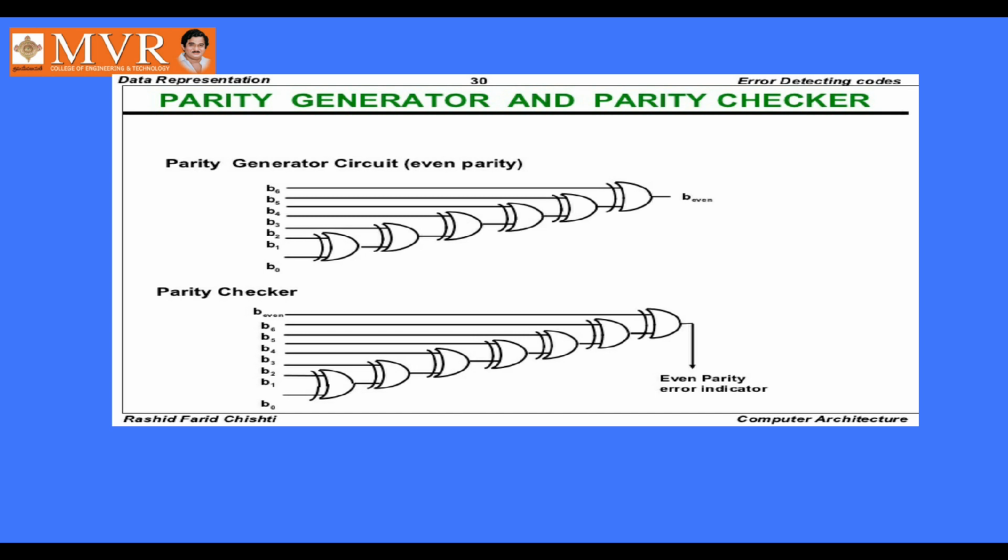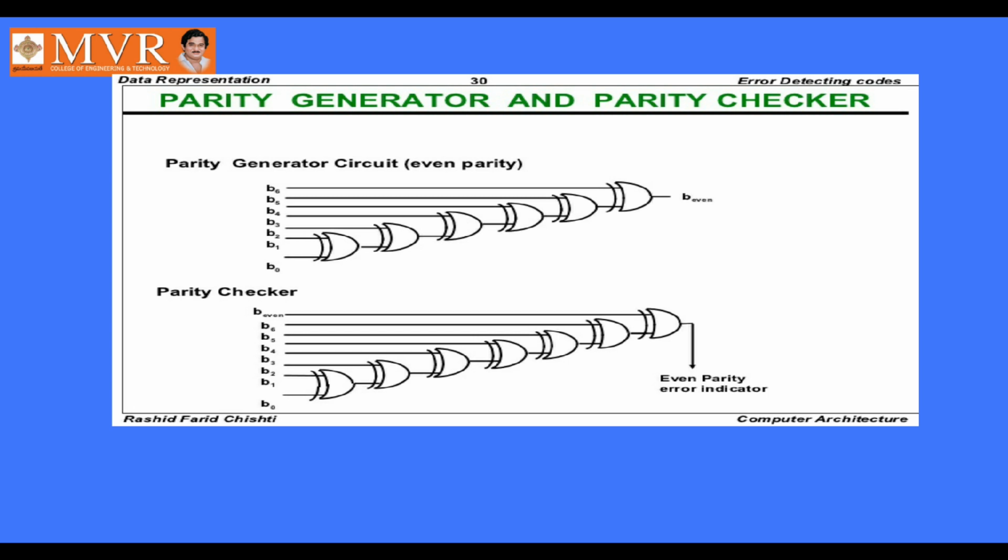That brings us to the second category, numeric codes. The numeric codes are again classified into weighted codes and non-weighted codes. Coming to weighted codes, 2421 and 8421 are called weighted codes, and XS3 codes and Gray codes are called non-weighted codes. Here 2421 and XS3 codes are also called self-complementary codes, and Gray code is a non-arithmetic code, and it is also called a reflected code.